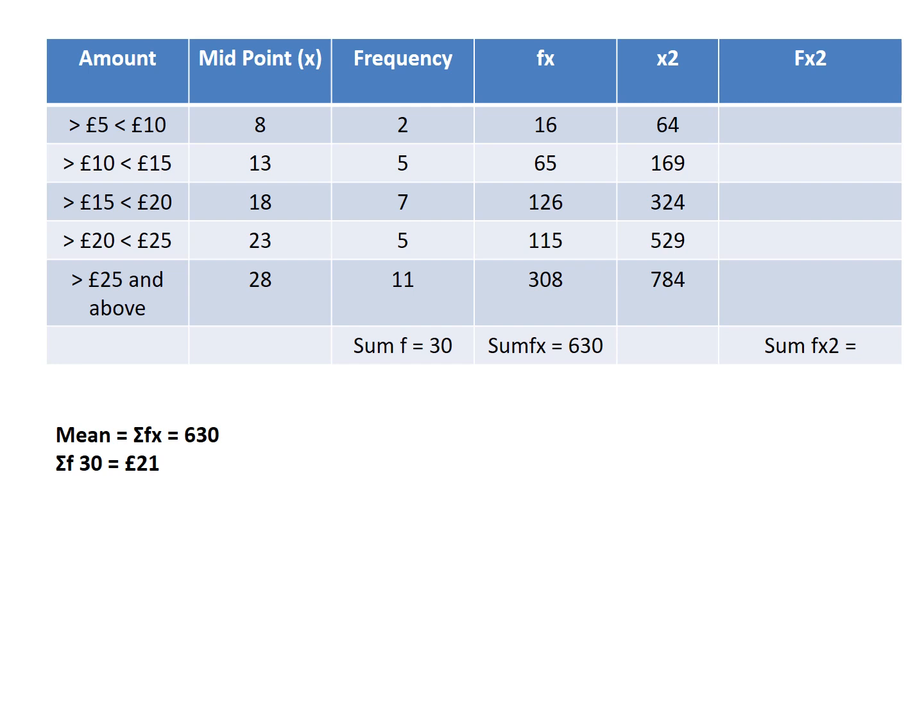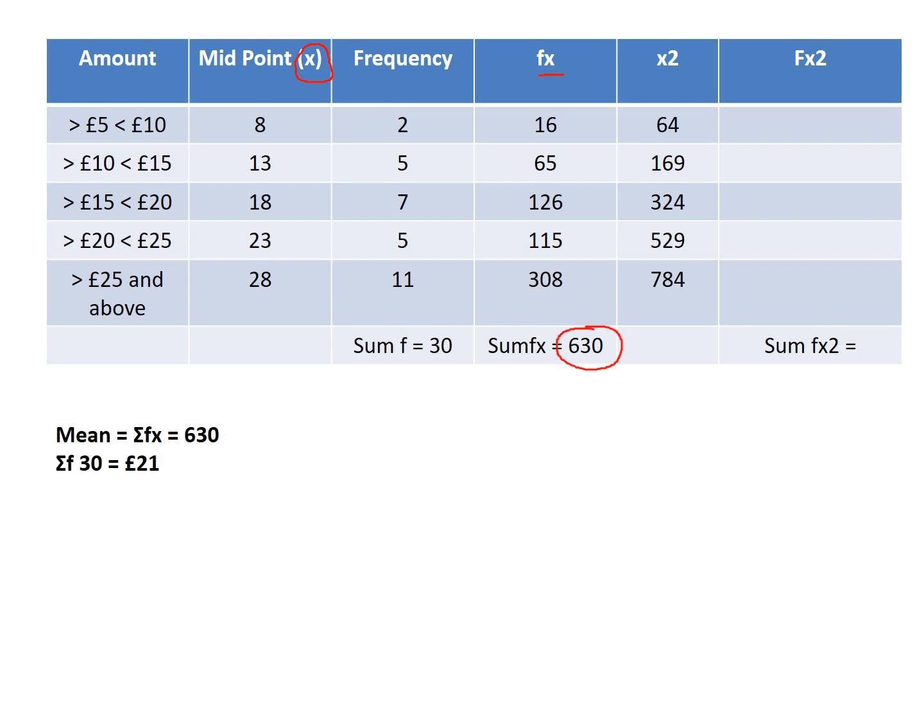And after we've done f times x, we now do x squared. So x is here, and if we square x, we get 64. But at the same time, in f times x, if we sum up the total for f times x, the frequency times the midpoint, we get